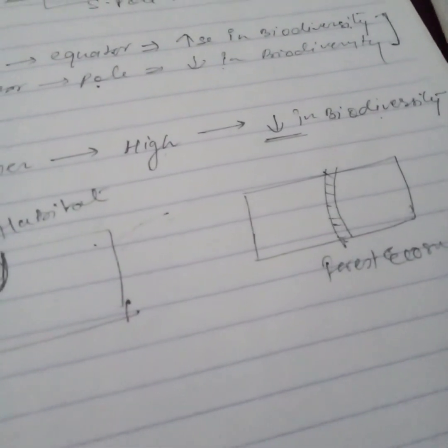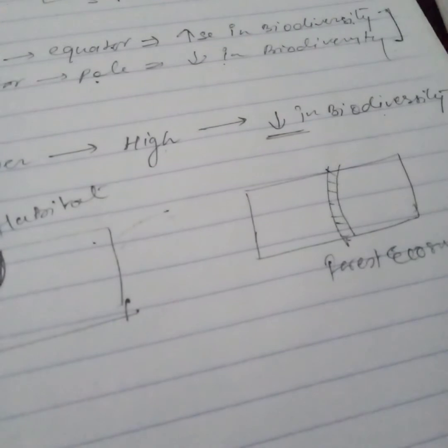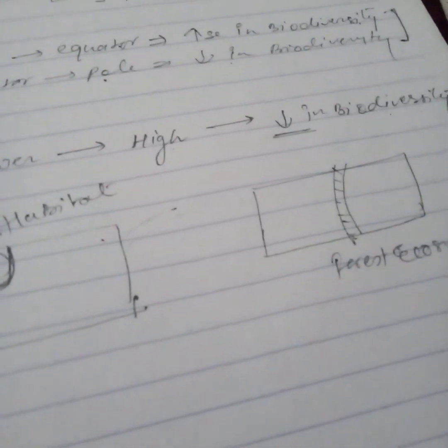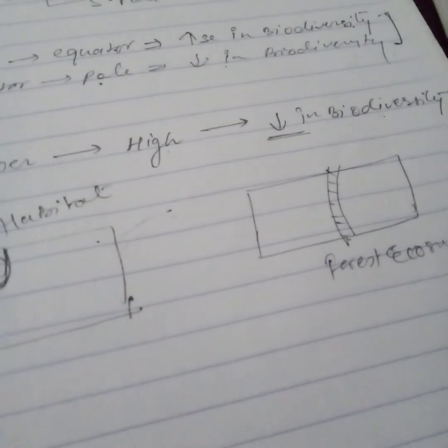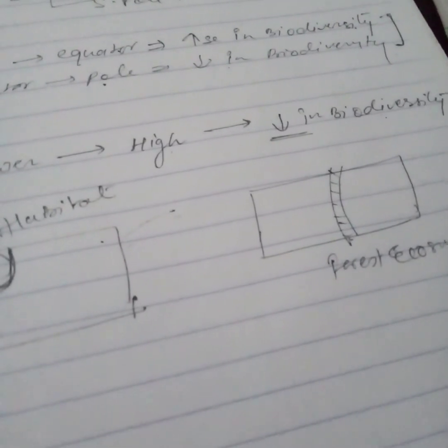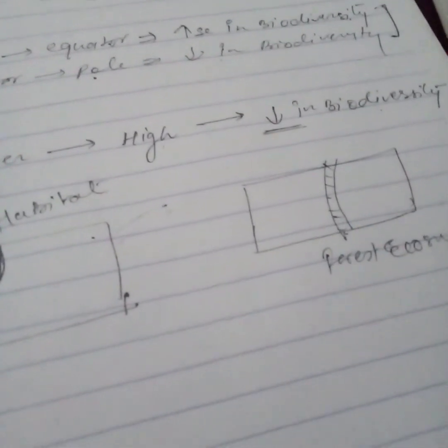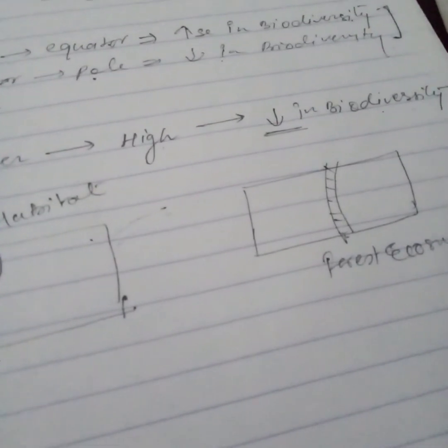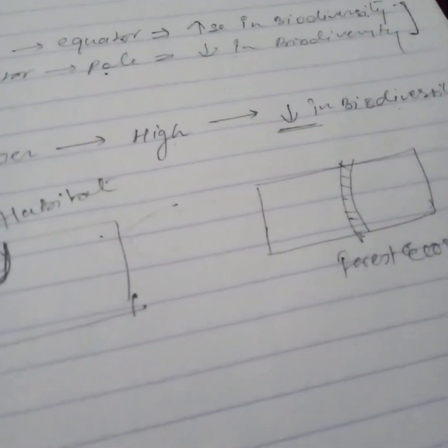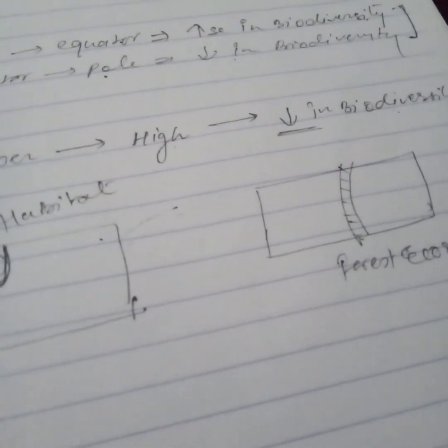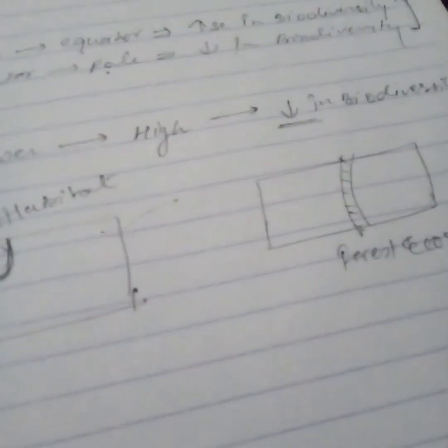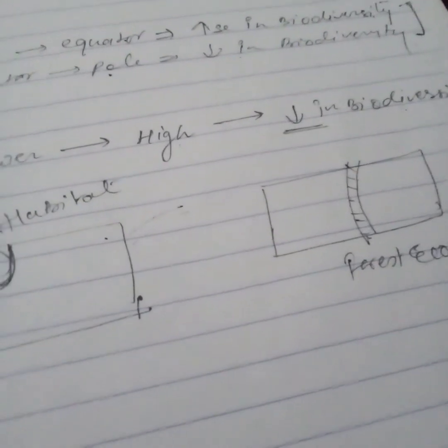And also it conserves and purifies the water. So if the soil quality is good, then the water composition is also good because of the biodiversity. So basically what I am telling you to understand,